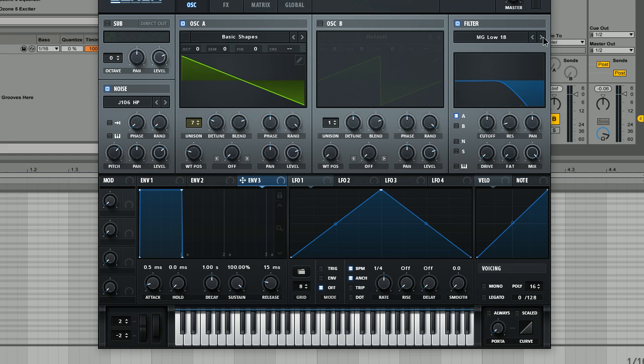I used a 4-pole 24 dB low pass filter. Make sure that oscillator A is being routed through this, or whichever oscillator you're using, and also make sure, like I said, that the noise oscillator is being routed through this as well. And then I just brought the cutoff frequency